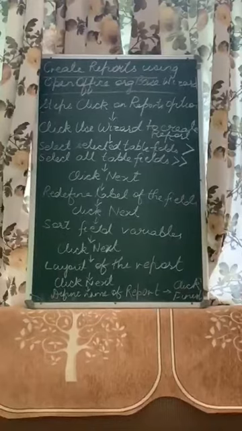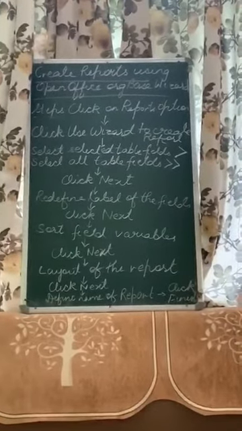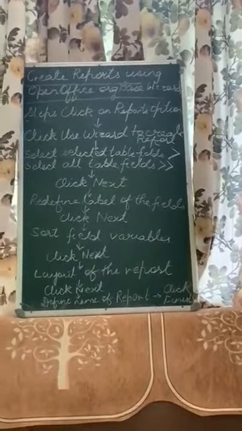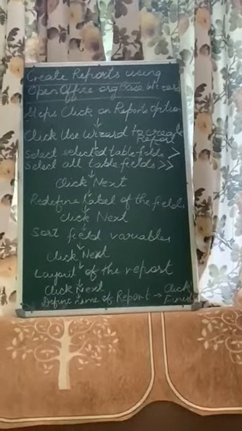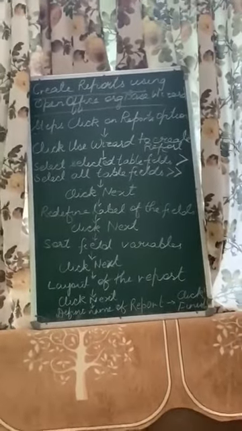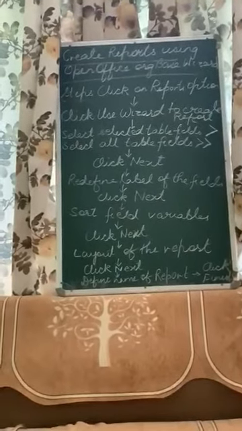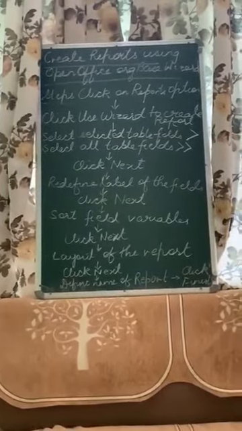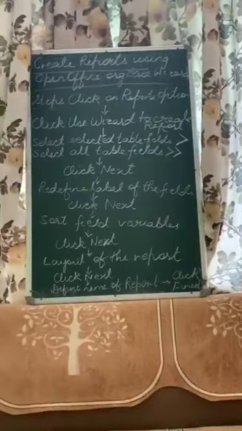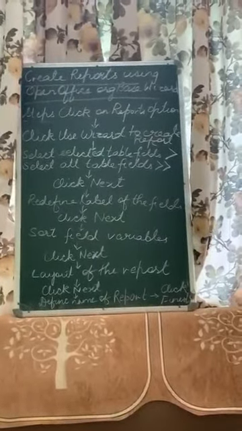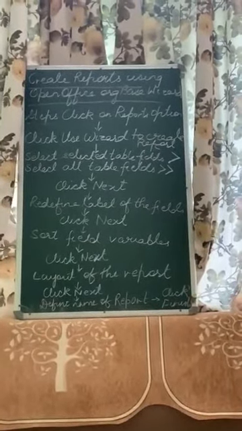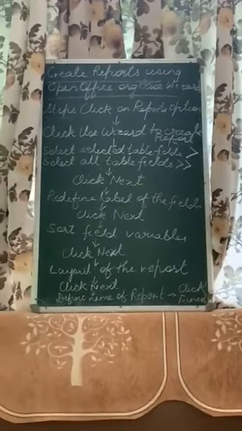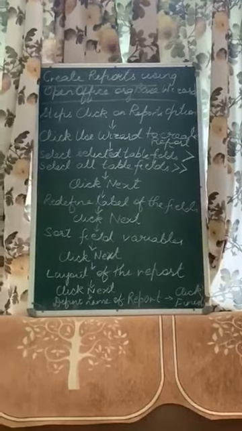Now to do so, the steps are as follows. First of all, click on the reports section under database in the OpenOffice Base application. Once you select this option, you will get an option to click on use wizard to create report. In the forms also we used a wizard, that means an automatic software in which we just click on next and the thing gets created. So similarly we will be using a wizard to create the report.